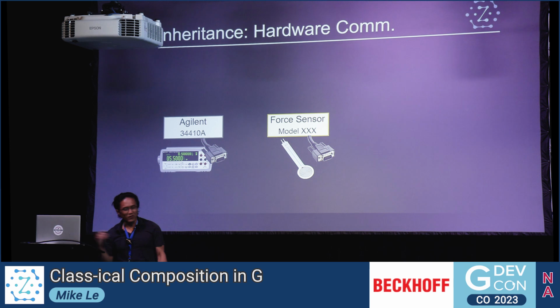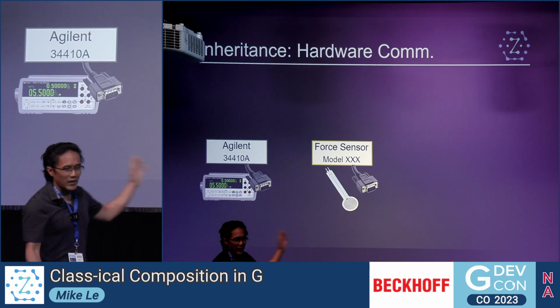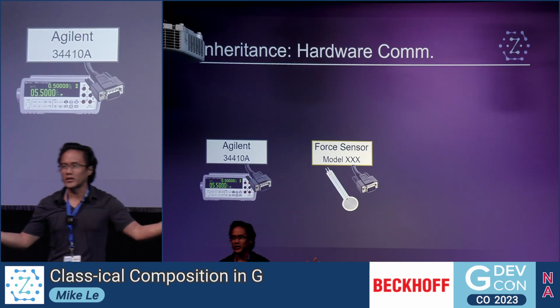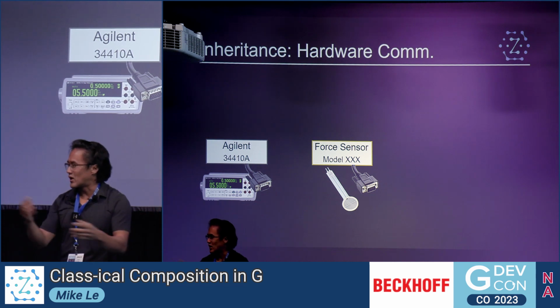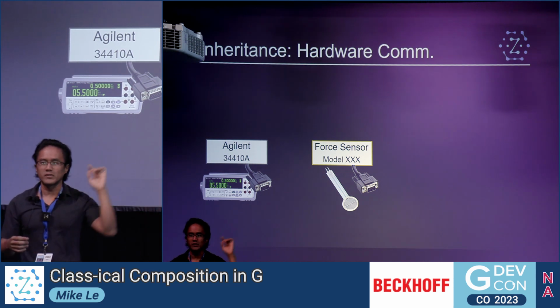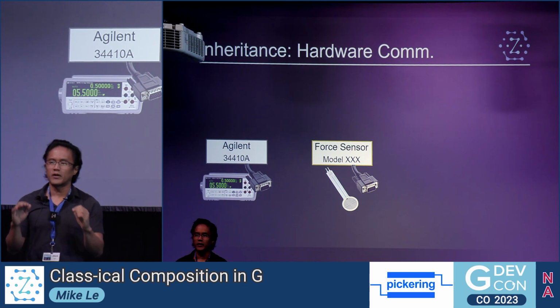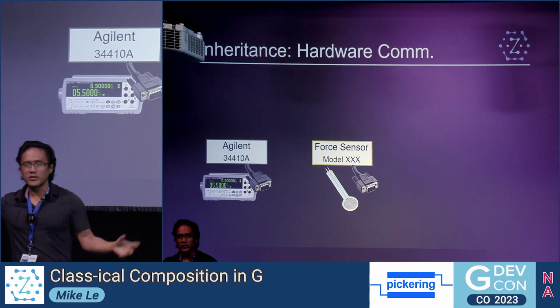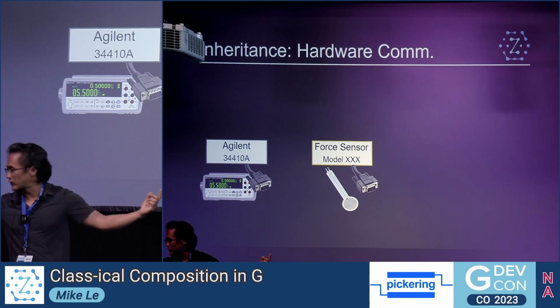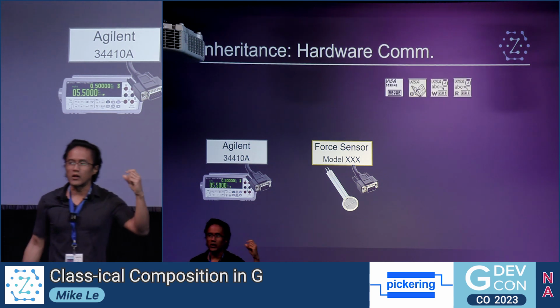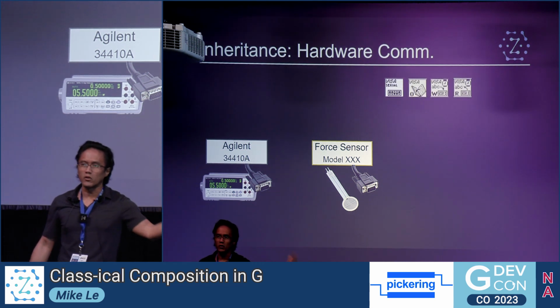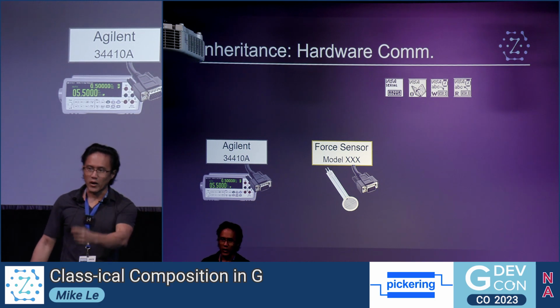All right, a real world example. So you're in a lab, you're writing an application with a couple kinds of hardware, and you have an Agilent, a specific model, and some force sensor of some other specific model. You're writing the code, and you're finding that you're doing a lot of operations the same because they're both serial devices. You find that you're doing all this port configuration, this opening and closing of connections, this reading and writing from the port. And you're like, oh, I have all this duplicated code. Why am I doing this?